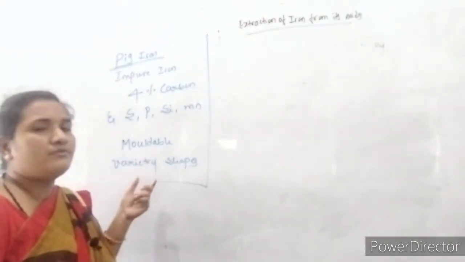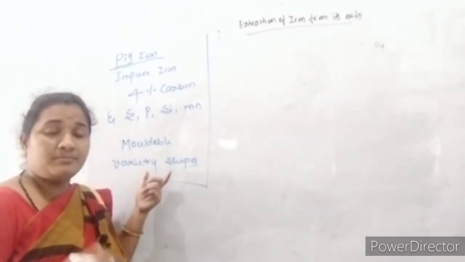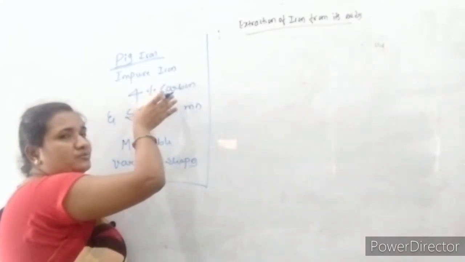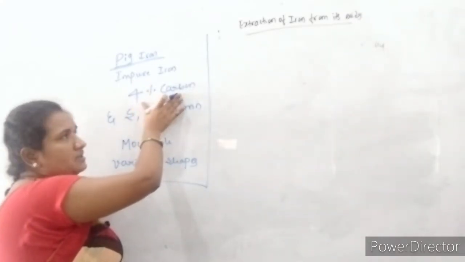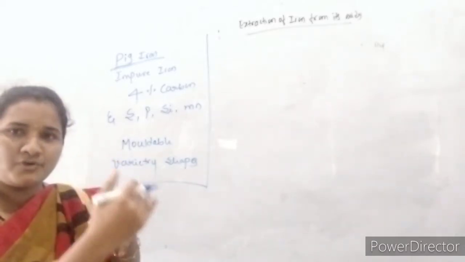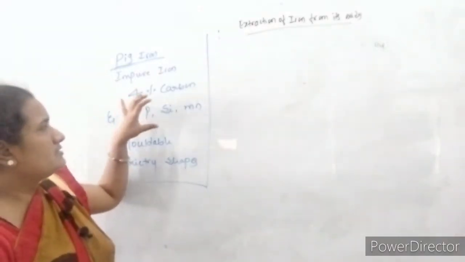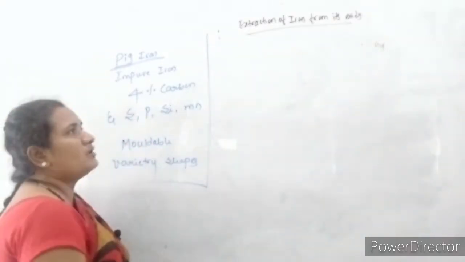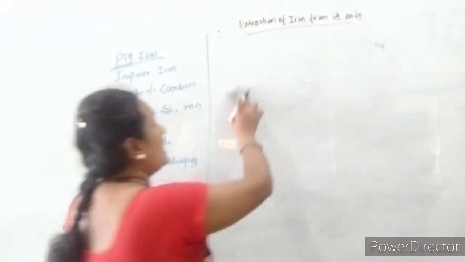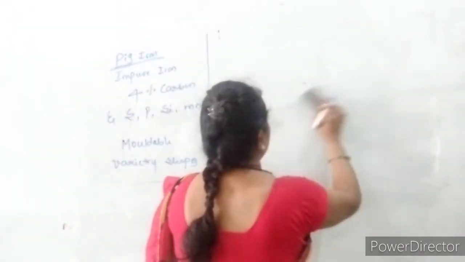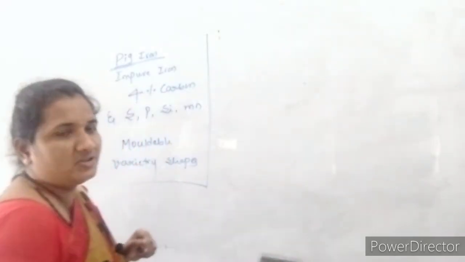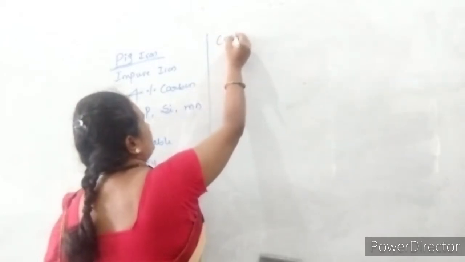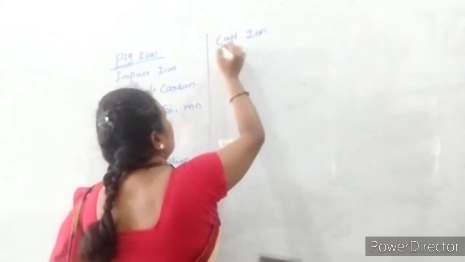It is useful for the molding process, as it can be converted into a variety of shapes. If we remove some of the impurities from pig iron, we get an improved form of iron. Removing the small impurities gives another form of iron, called cast iron. Pig iron contains 4% impurity, and if we remove some of it, we get cast iron.